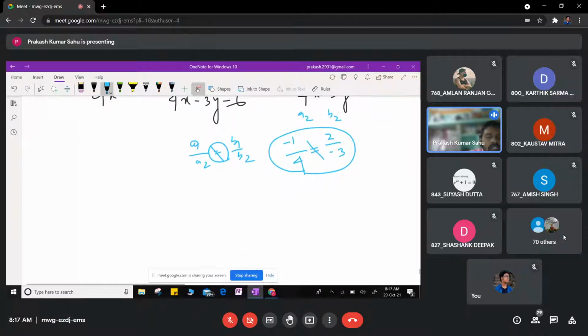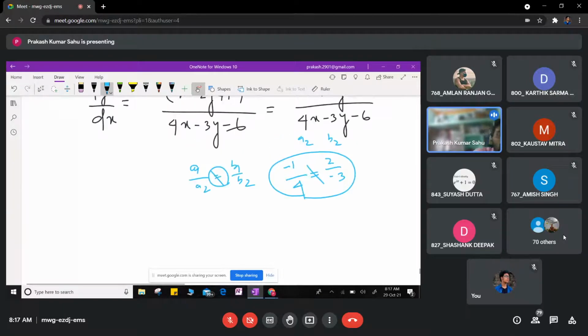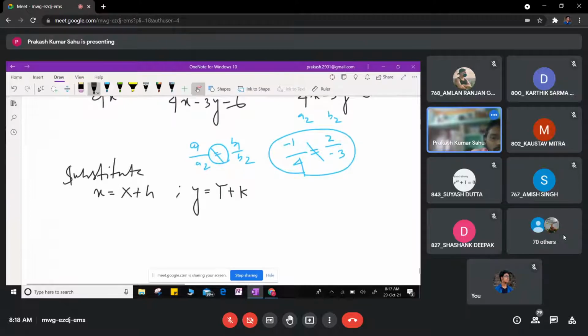So now in that case, we put small x is equal to capital X plus h, and small y is equal to capital Y plus k. Okay, is substituted. Got it? So now if you substitute this, what you get? Your small dy by dx is the same as capital dy by dx, obviously, because your dx is equal to capital dx, small dy is equal to capital dy, because h and k are constants.